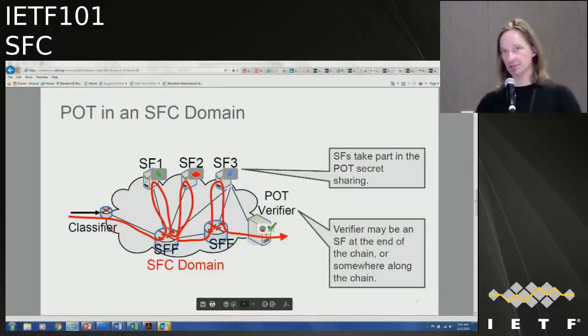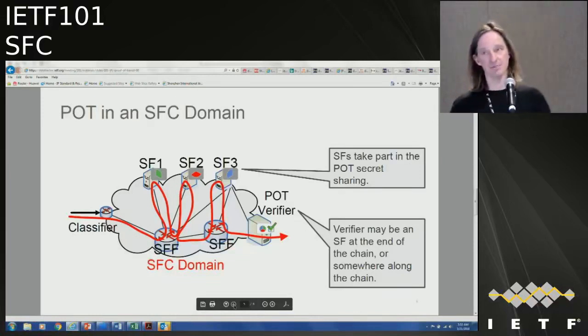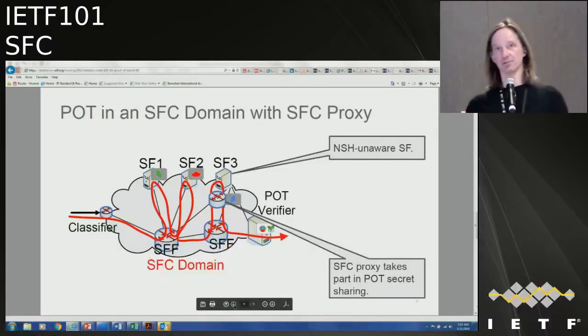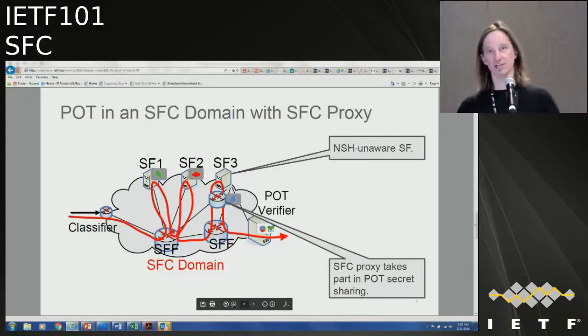There is also another mode that you can think of, which is harder to implement but possible, if you go to the next slide, where a service function forwarder, or somebody else in the chain, would work on behalf of a service function that does not yet implement proof of transit. It's a little bit of an odd operation, because you have to prove that it makes it through a service function. Why should somebody else do it on your behalf? Well, maybe you have a trusted entity, where you trust the service function forwarder and the link between that and the SF, so that somebody can act on behalf of the SF.